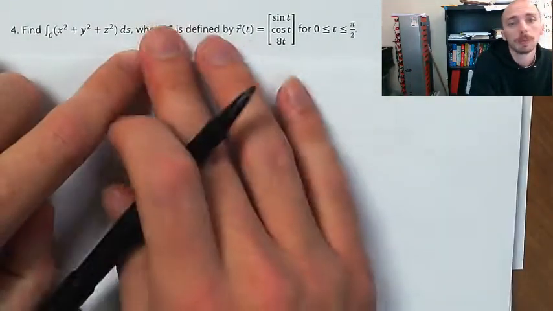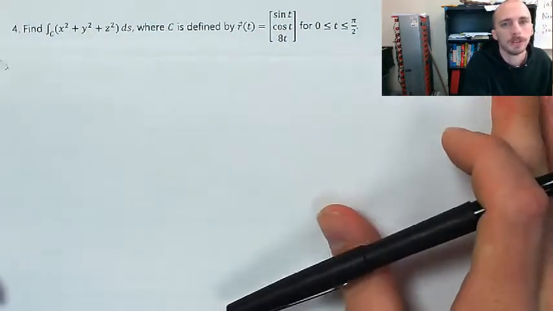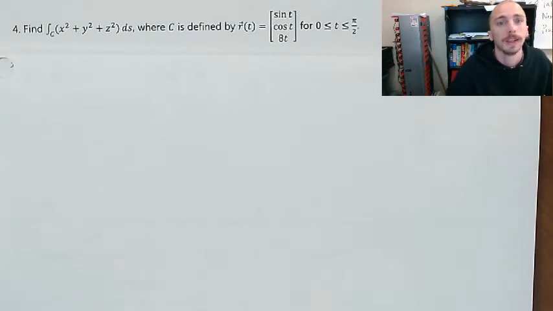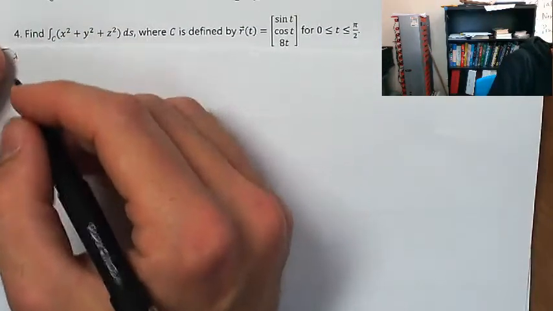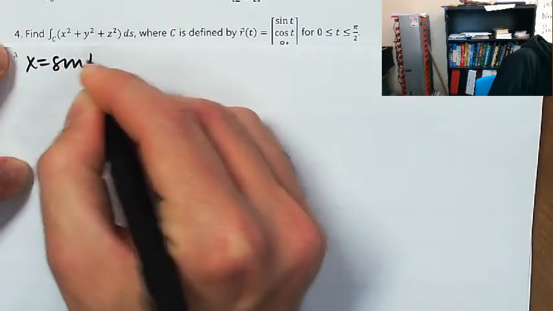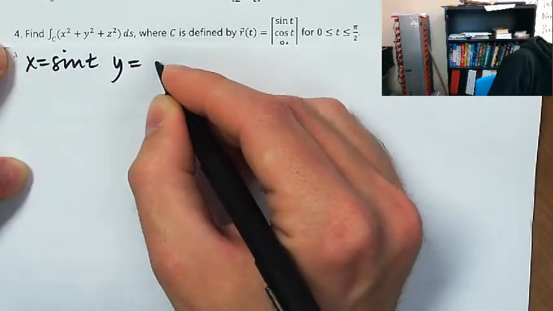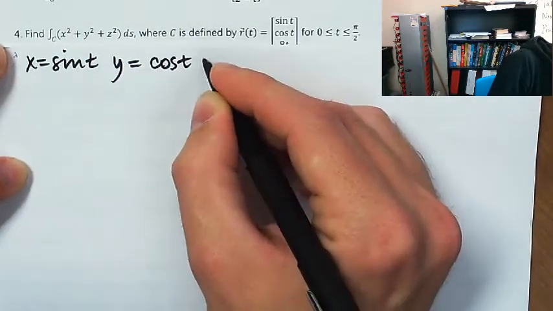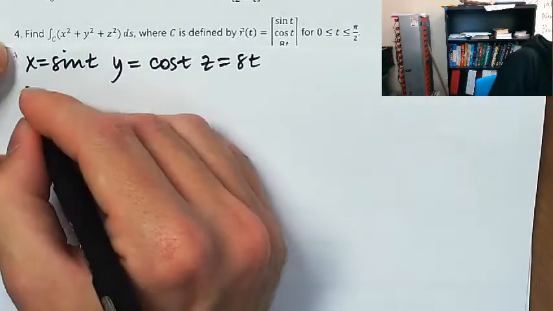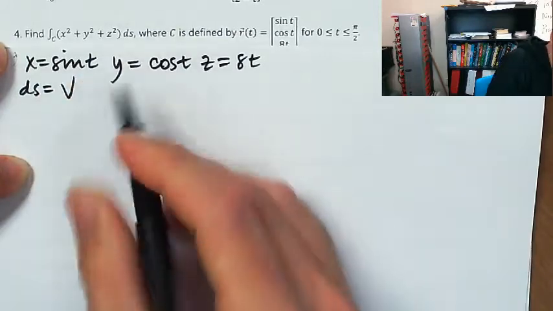This one's going to be 3-dimensional, but it's not going to really work any differently, I think. I'm just going to do the same thing I did: find x, y, and z, and then dx. So x equals sine t, y equals cosine t, and z equals 8t, which means that ds is going to be the square root of